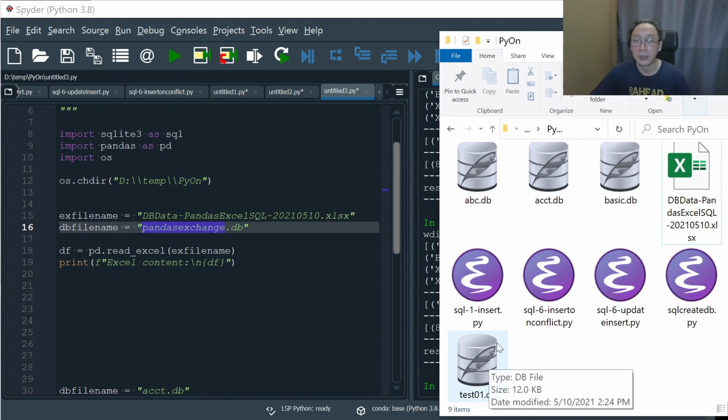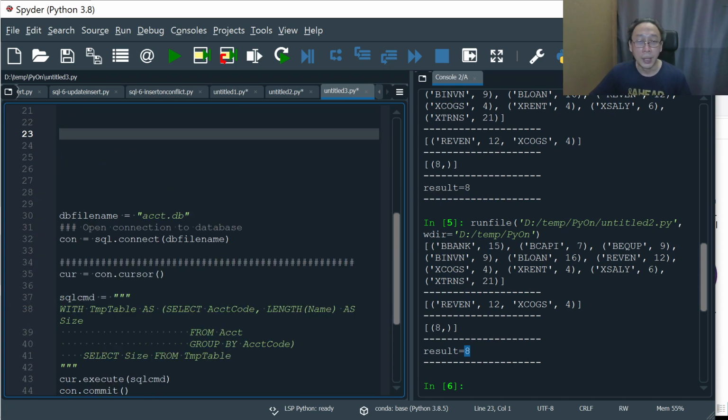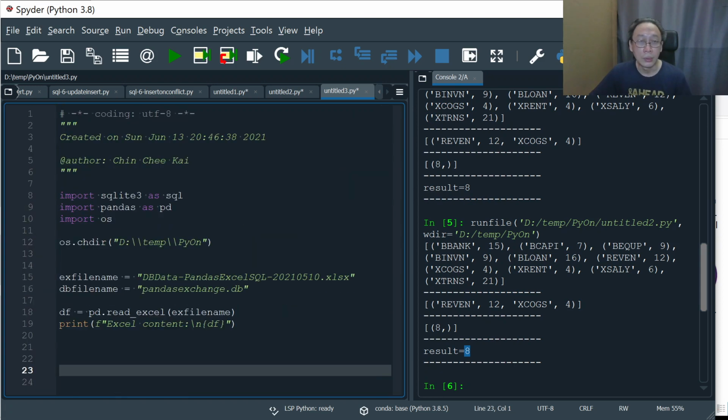So the pandas.db is not there. We don't have to worry about whether it's there or not. We don't have to create a 0-byte file to get ready. SQLite will do the right thing. Okay, so all we need to do is to, first of all, read in the Excel. We know we can do that. So we just read that in and print out the file content. Okay. Maybe it's a good idea to just stop here and look at what